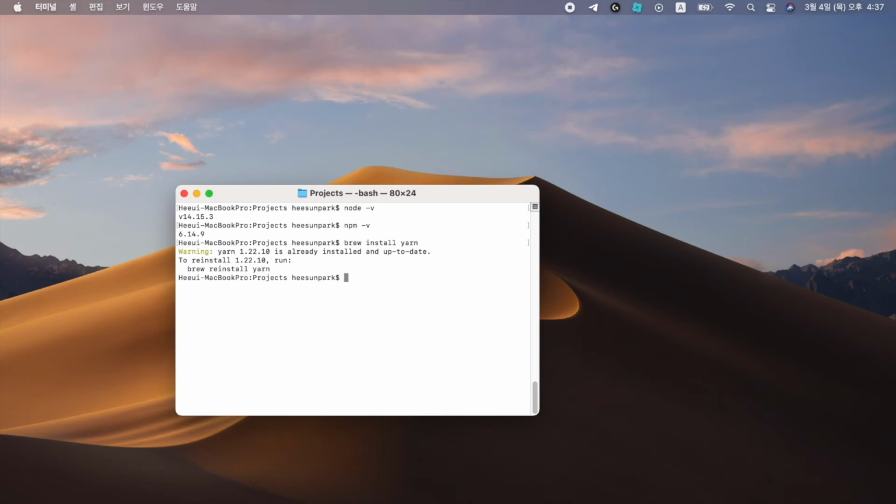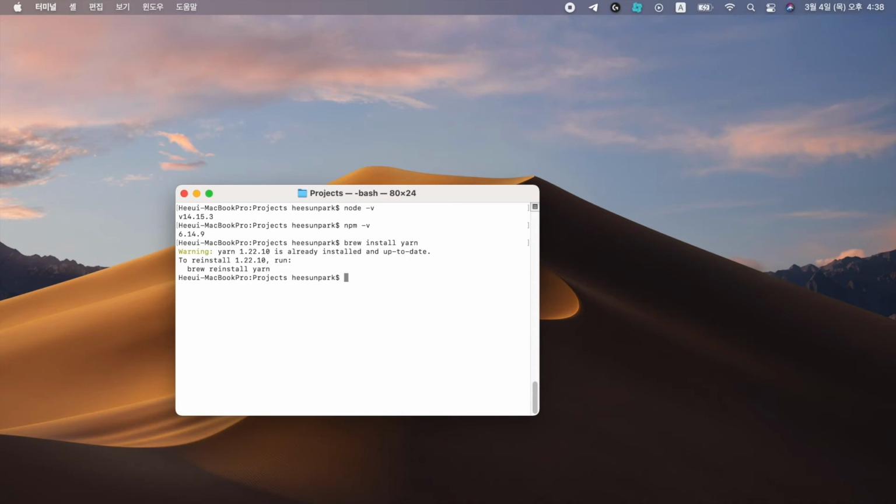And when you look at npm install -g yarn, the -g means you will set it up globally so that you can use Yarn in any project. It is important to give the -g option because if you do not install it globally, you can use it only in the certain project where you installed Yarn.